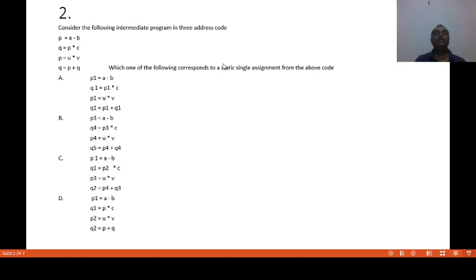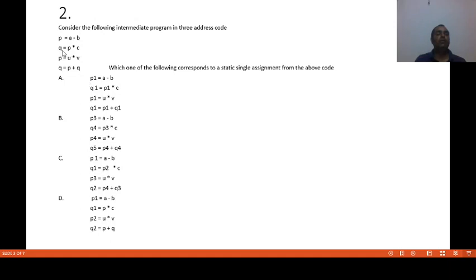As we know that in static single assignment, every variable is defined once, or you can say it is assigned once. Now that means first we will look at A. P1 assigned the value of A minus B. This is correct because P1 is the first definition of P. So it is written here as a different definition P1.